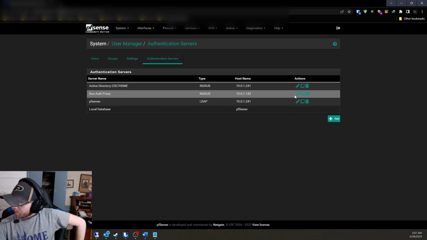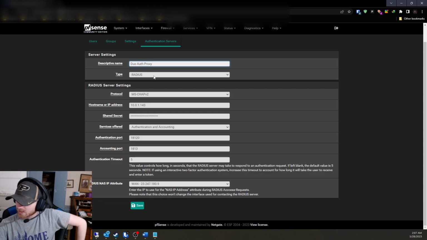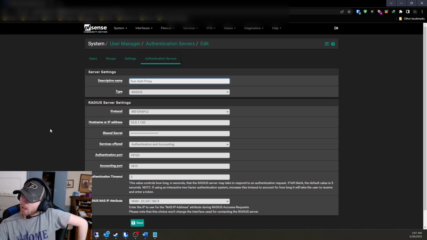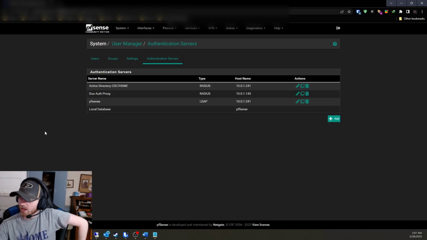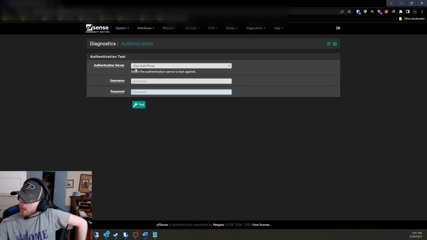Now, you'll want to set up another one that's the Duo Authentication Proxy, and shared secret and all that. And again, I changed the port number on the proxy to 18120 rather than 1812 like normal, just to make things a little bit easier. You don't have to do that. Okay, so once you have those two things set up, you'll want to come over here to Diagnostics,